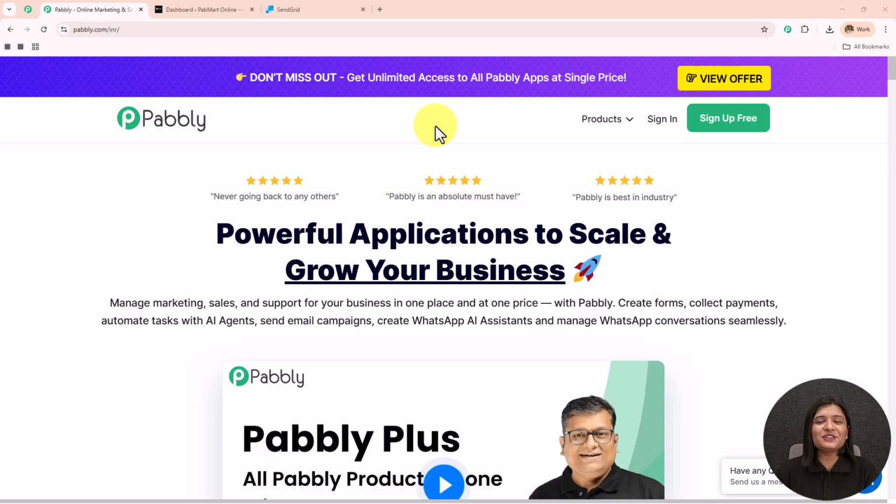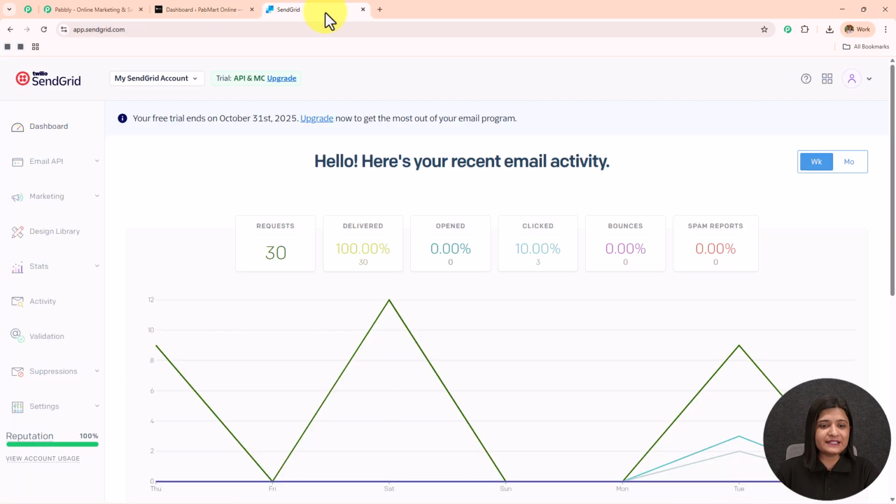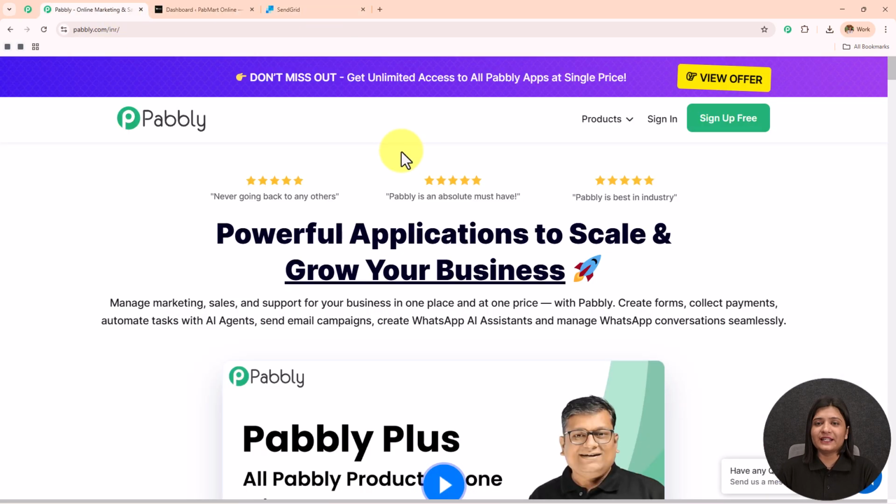So here in this video, we are going to see how we can send the cart abandonment mail using SendGrid for WooCommerce. And for this, we are simply going to create a connection between these two applications, WooCommerce and SendGrid, using Pabbly Connect. So this is the landing page of Pabbly, and you can visit this simply by typing pabbly.com